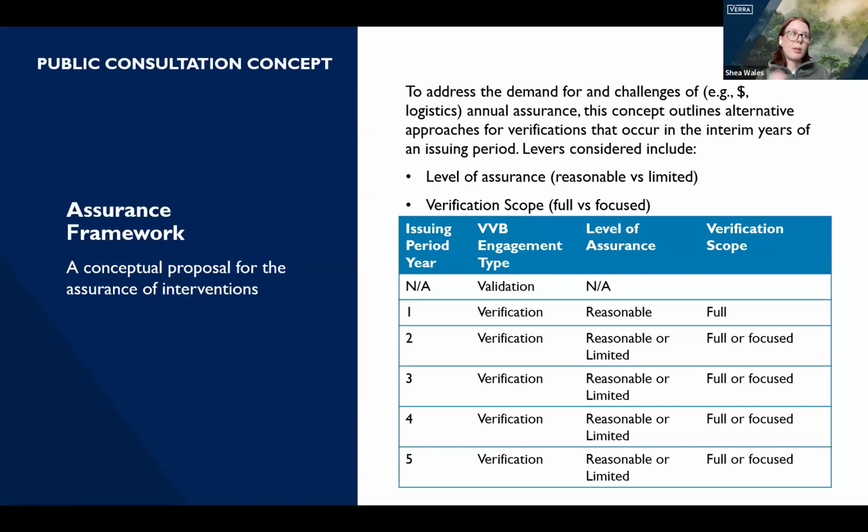It always begins with a validation, just like in the VCS program, and it always begins with a full scope, reasonable level assurance verification, again, just like the VCS program. However, in years 2 through 5, or any interim years after that full scope, reasonable level verification, that first one